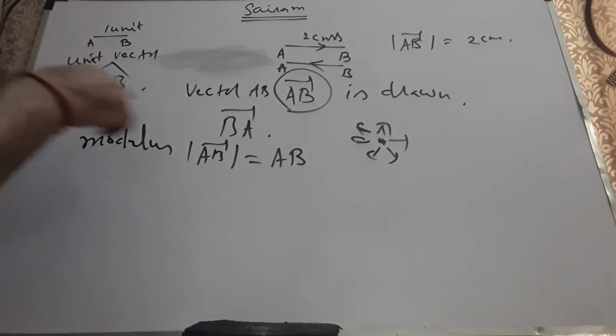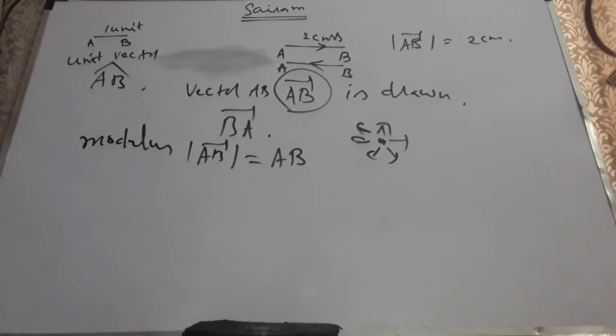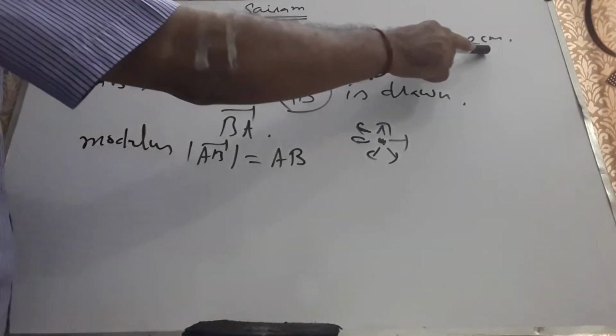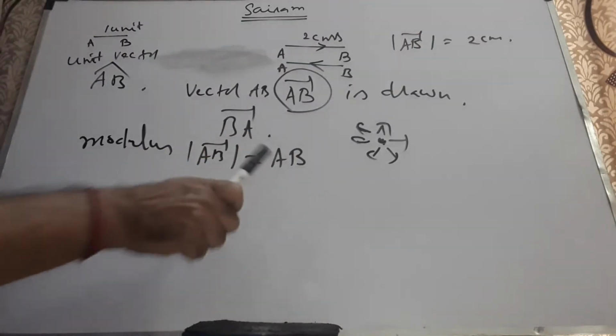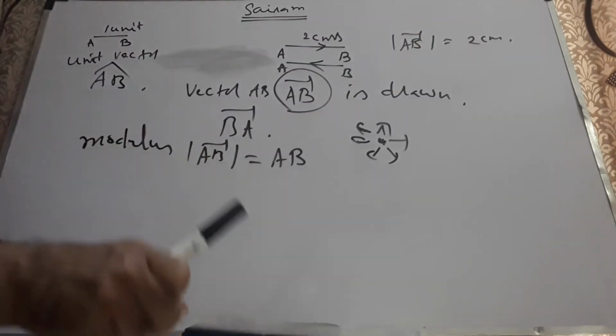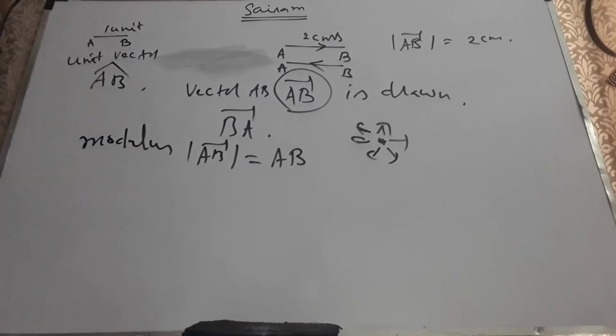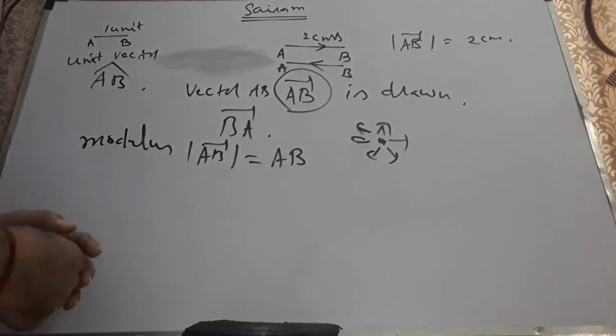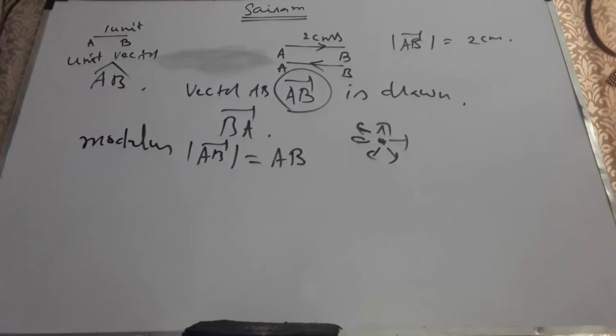Then, the length of the segment representing the given vector is known as the modulus or magnitude of the vector. Here mod AB is 2 centimeters. Without the vector symbol, I write the modulus of a vector in general. If the modulus of a vector is exactly 1 unit, it is called a unit vector. Normally, unit vectors are written with cap notation like this. And if the modulus of a vector is 0 unit, the point doesn't move at all, therefore it is represented by simply a point.